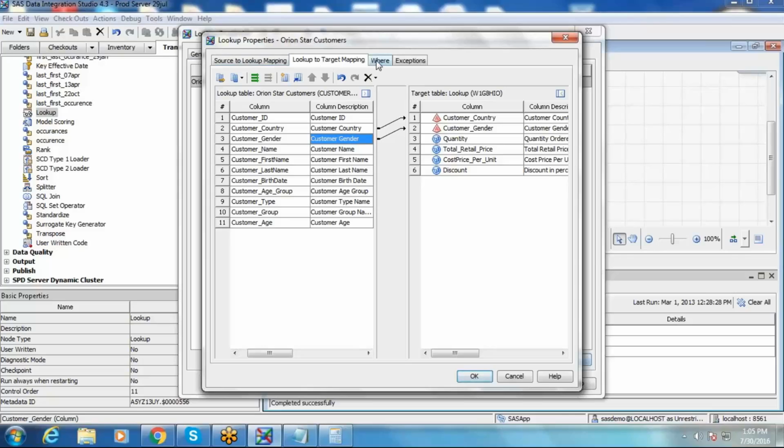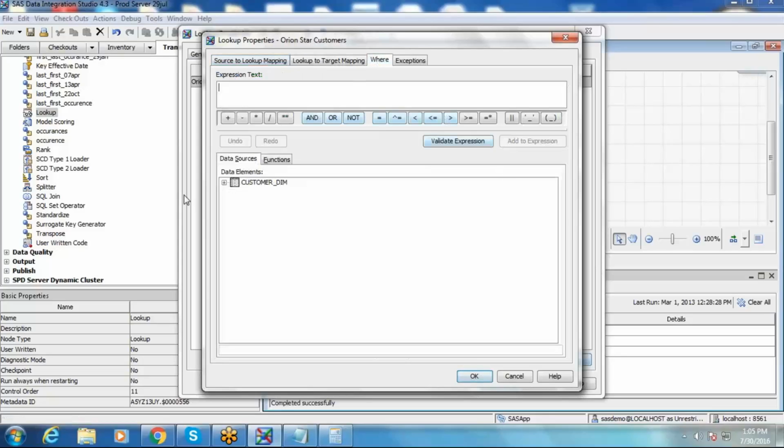Click on where clause if you want to mention some conditions other than the source to lookup join condition. Other conditions like the example that we saw in the SQL join, where I mentioned customer country equal to Australia. If you want to add those kinds of conditions, you can go to where clause, and here you see expression builder.